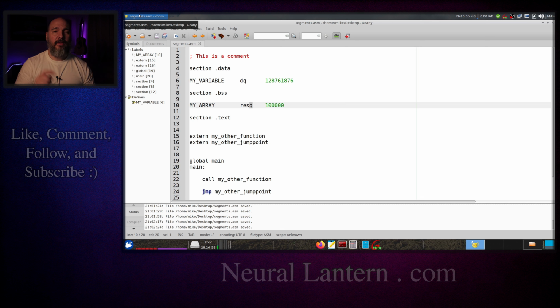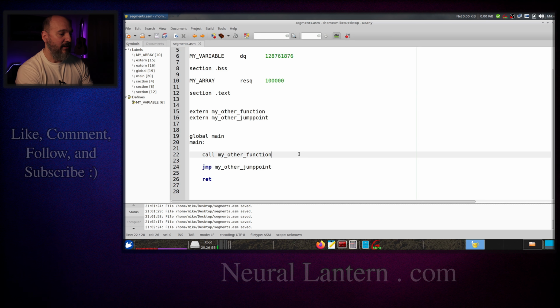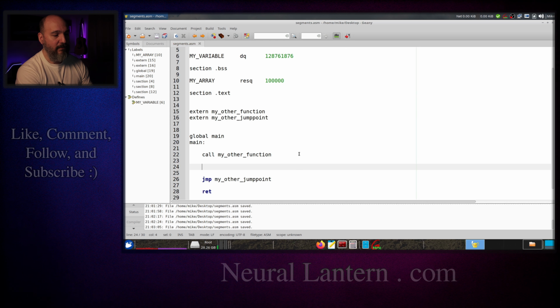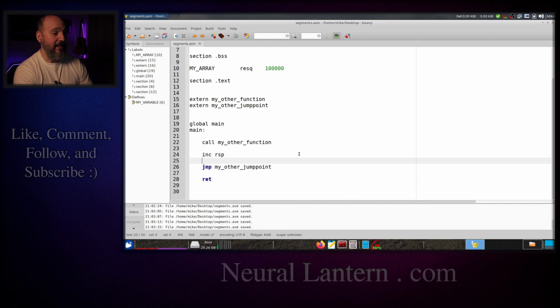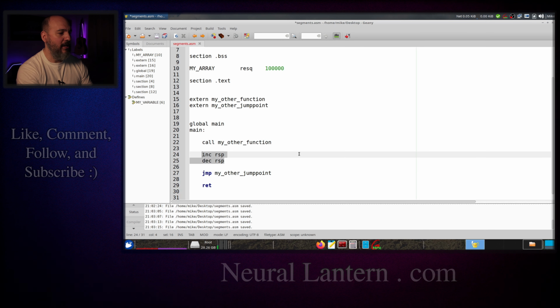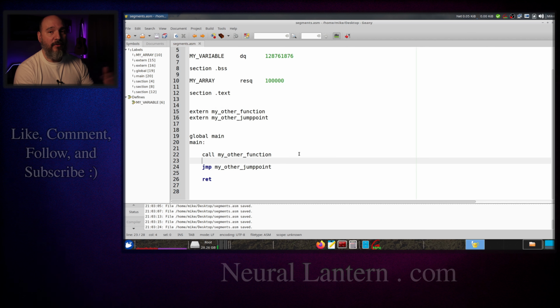Another segment that we're not showing here in this source code is the actual stack. Probably, I guess the best way that I could show it is, I don't know, by messing around with the stack pointer. We'll increase RSP, why did I think it was the instruction pointer? We could increase the stack pointer and then decrease the stack pointer. It doesn't really help a whole lot, but in another video, I'm going to talk more in depth about what the stack is and how to use it and such, but just keep in mind that the stack is where